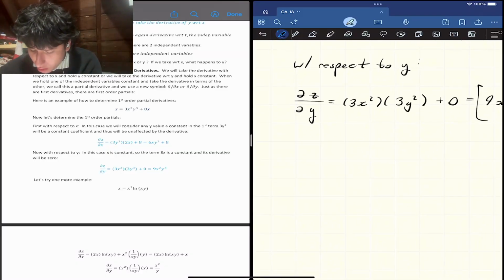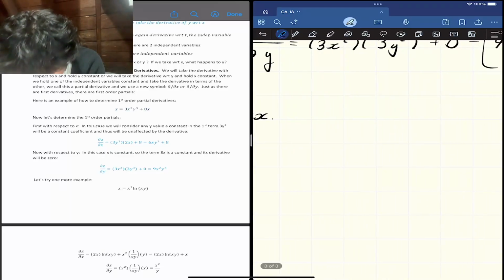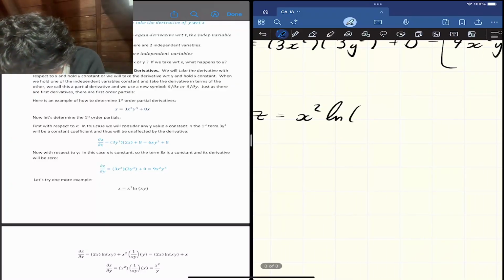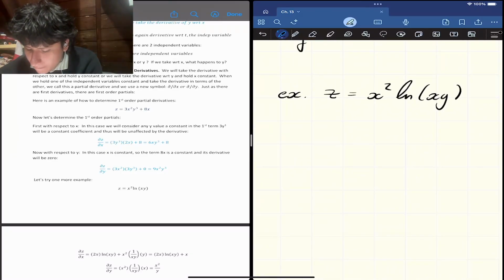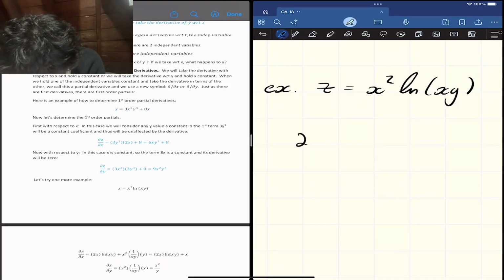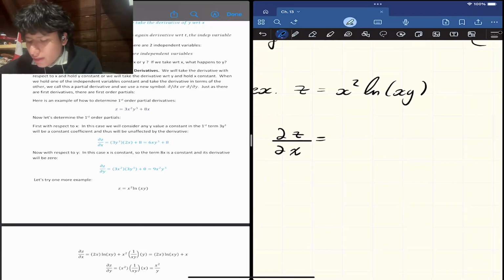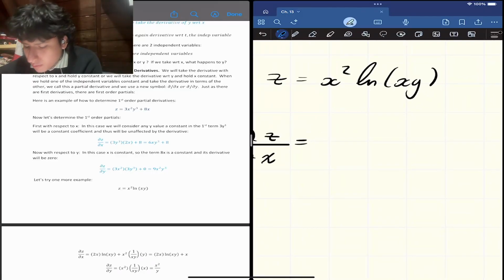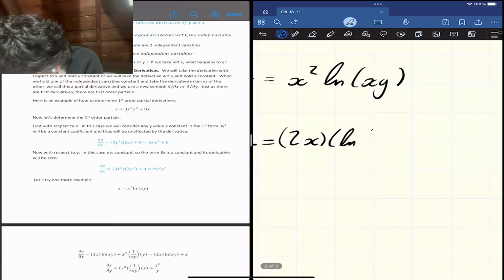In this case, we have a rather long one. So here we have where z is equal to x squared times the natural log of xy. Let's find the derivative with respect to x first. In this case, this would be a product rule. So we would do 2x times that ln of xy